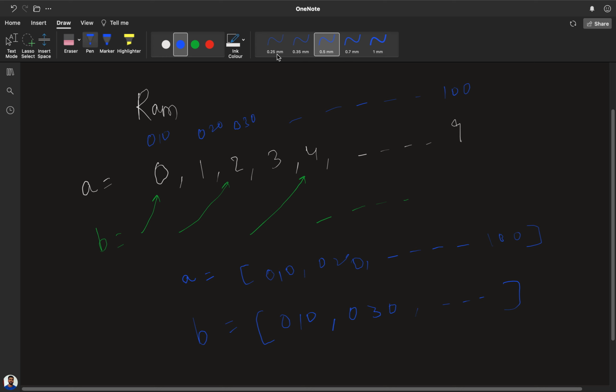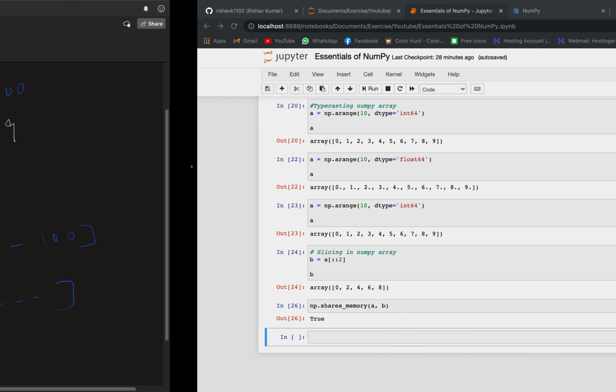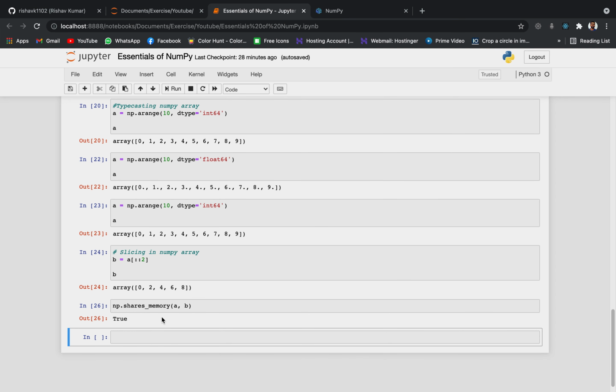Over here you can see that the addresses are the same. That means they both point to the same location, and that means they are sharing the memory. I hope you understand now what shares memory means: they are both stored at a single place and both the variables point at it.